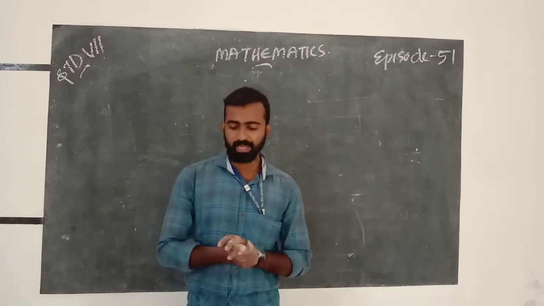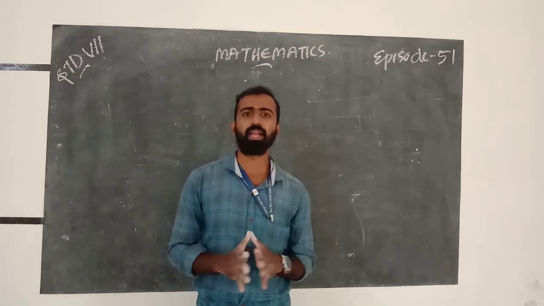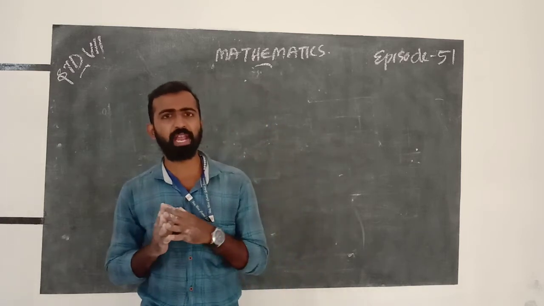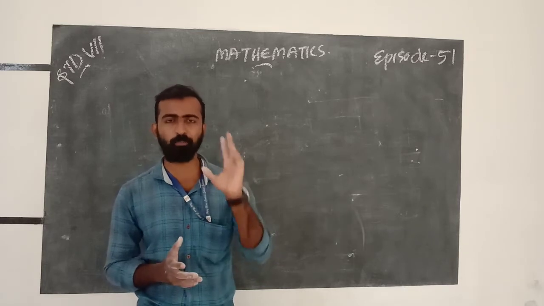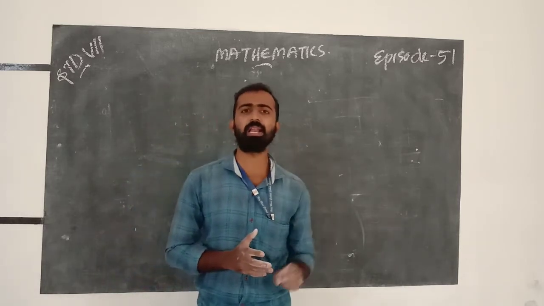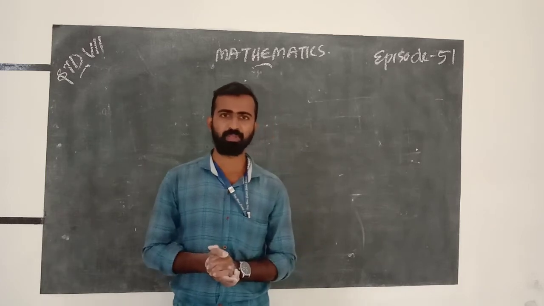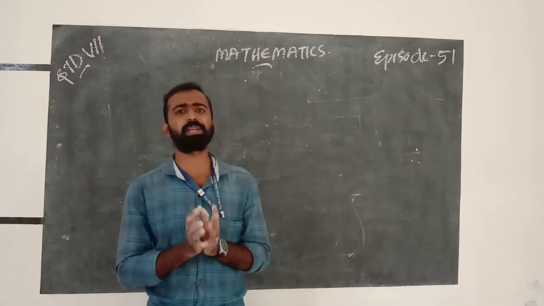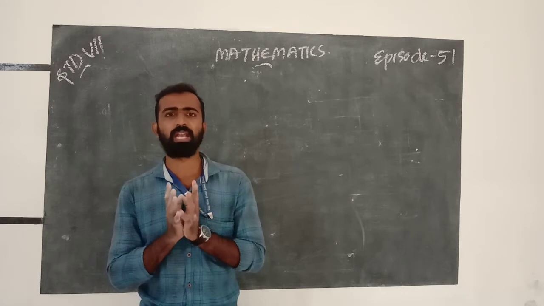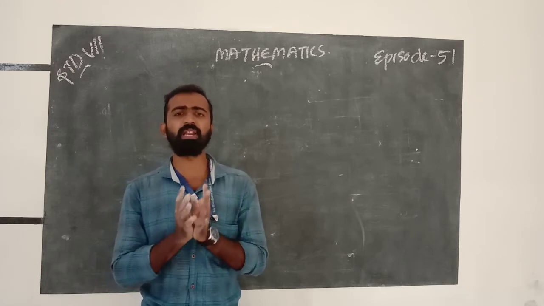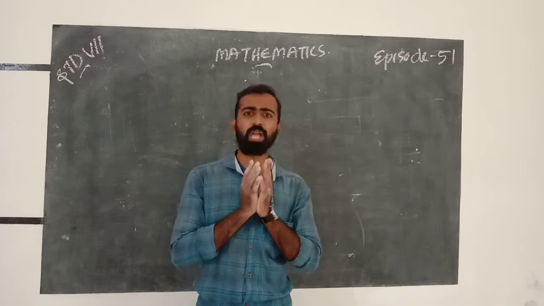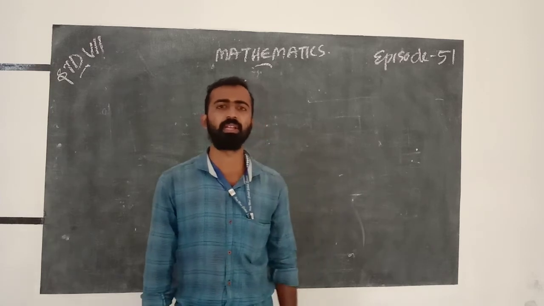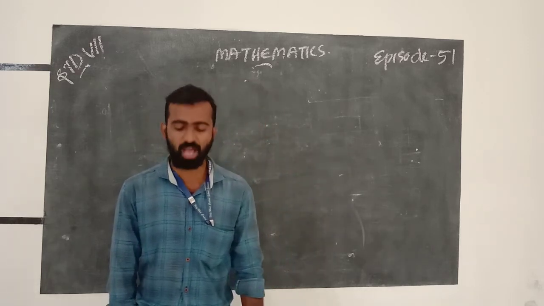Practical geometry means that in this chapter we deal fully with drawings. So we need an instrument box: protractor, compass, pencil, eraser, scale. These materials are required. Use only the material that is required. Don't draw with your pens, even for a rough figure. Can we start? Are you ready?